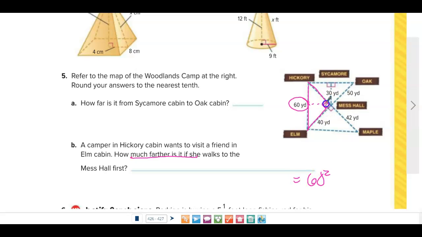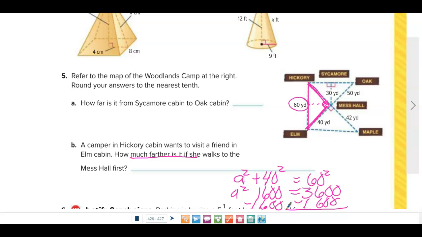And then we don't know this side length, so that's going to be our a squared, plus we do know this side length, which is 40, so 40 squared. 40 squared is going to be 1,600. 60 squared is going to be 3,600. I subtract my 1,600 from both sides,